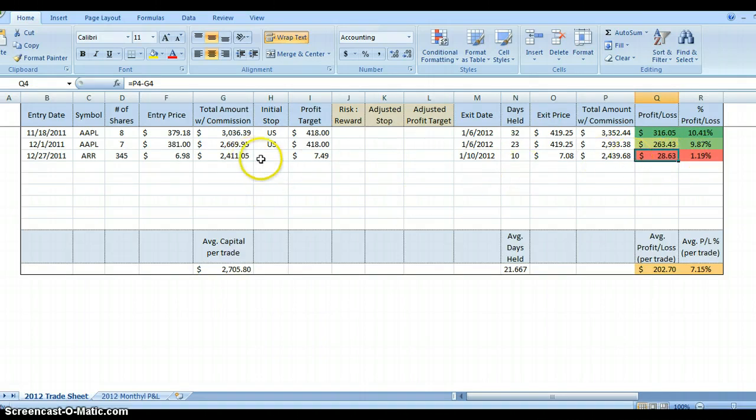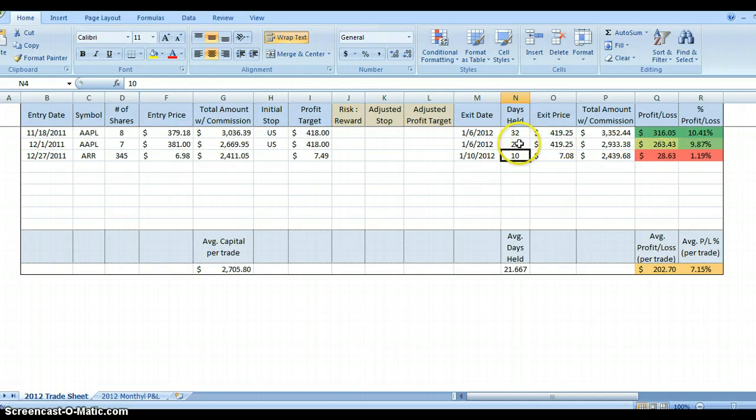What did we do wrong? Did we have a different stop loss? Did we get stopped out as we exited at 708 as opposed to hitting our target? Maybe we had a trailing stop there, or maybe since we held this position for 10 days as opposed to these that we held for a month or a month and a half,